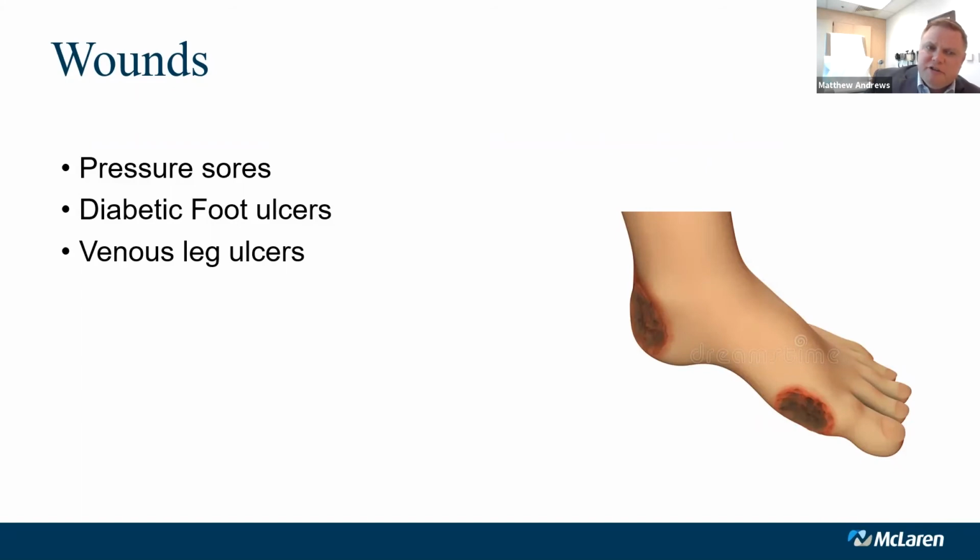We kind of delineate this into pressure sores, which can also be diabetic foot ulcers, but diabetic foot ulcers is a separate category, and then also venous leg ulcers, which are relatively common. I had a bunch of pictures that I was going to use for this, which came off of my phone from patients in our office. However, we determined that some of these pictures might make some folks a little bit queasy, especially if they have recently eaten lunch or something like that.